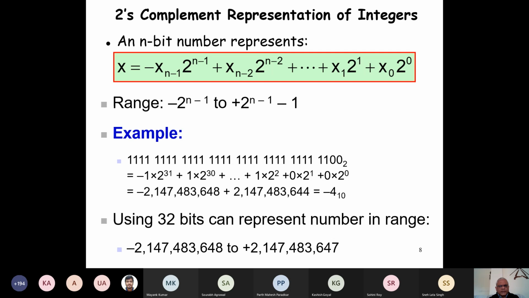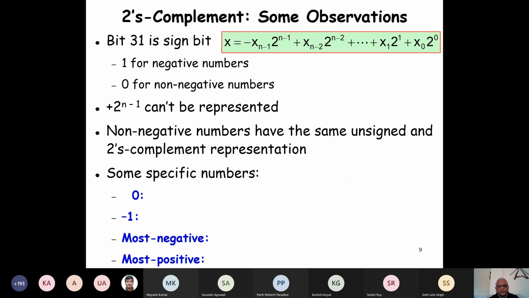If we observe that it is a negative number, indicated by its most significant bit, we convert it to 2's complement and get the positive number and write minus that, because this way of evaluating is a bit complicated. And then you can see here what is the largest range of values representable.